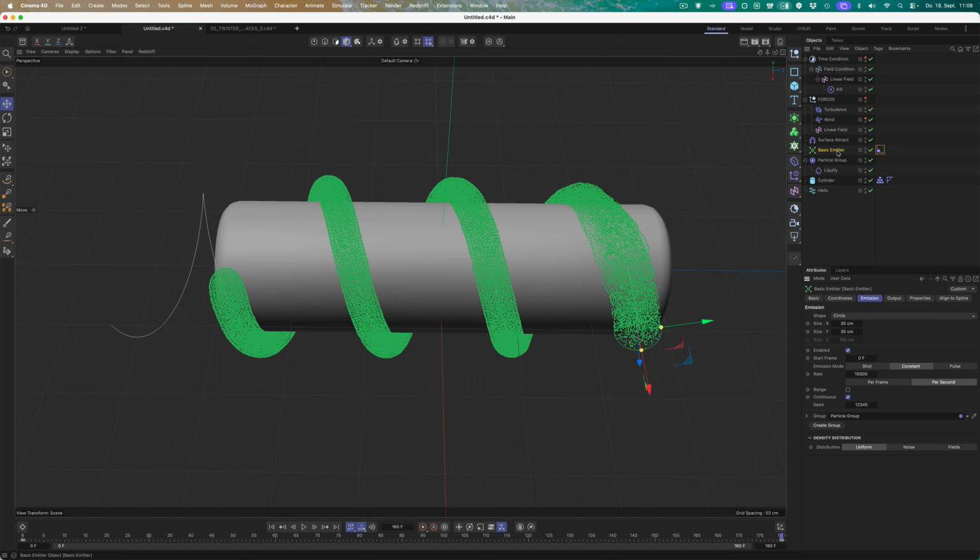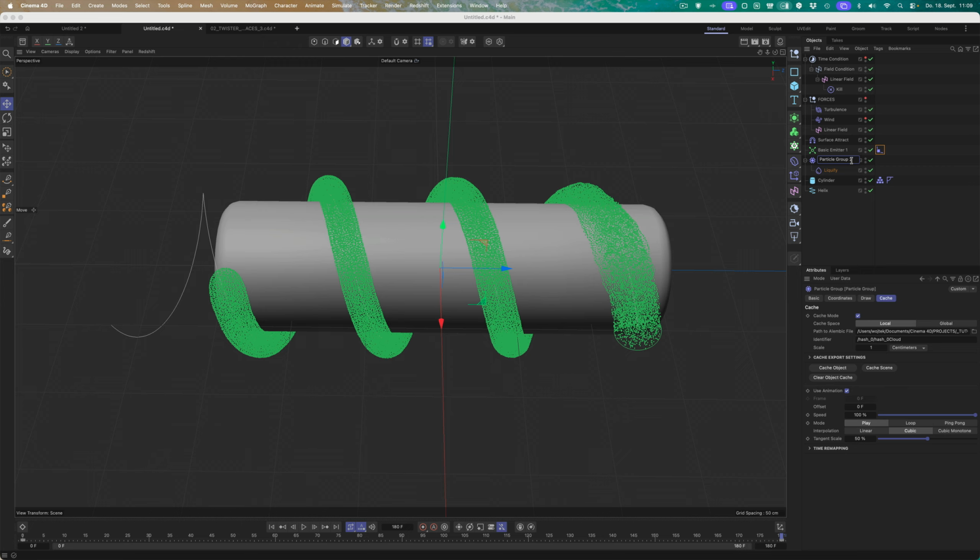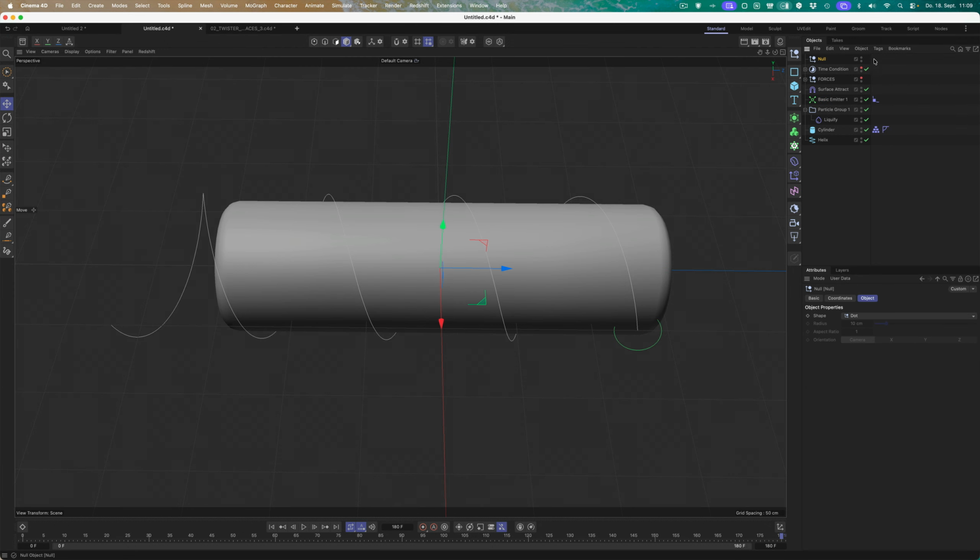Let's say this is basic emitter 1, particle group 1, and have I forgotten anything? Let's blend this out and clear the object cache. Okay, let's say this is emitter number 1, not version, emitter 1, and put it inside of that and duplicate that as emitter number 2,